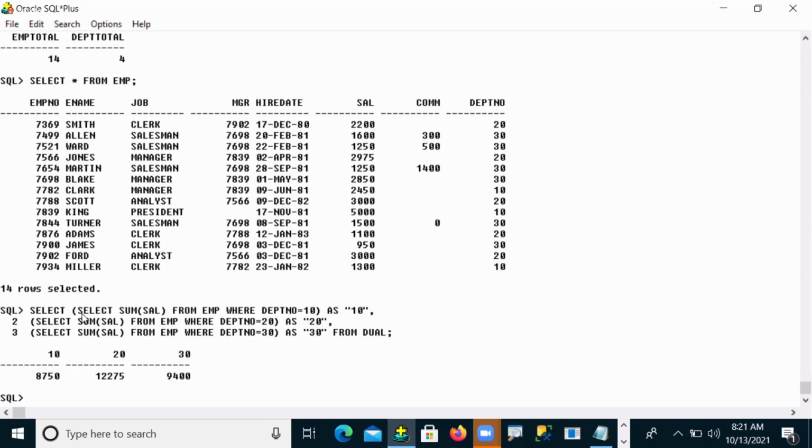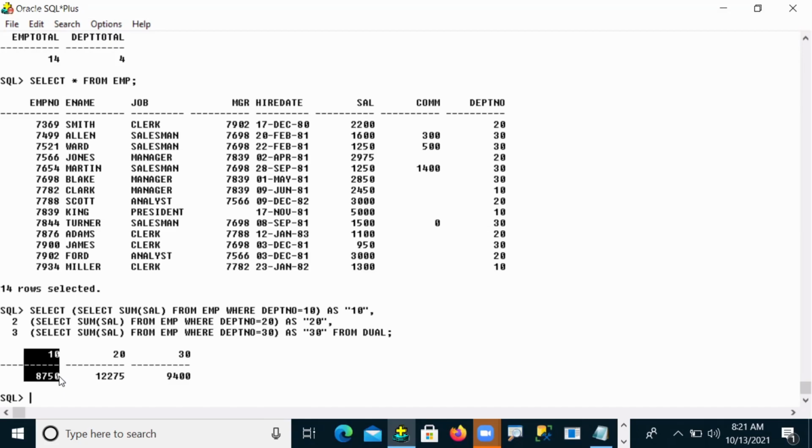So my scalar subquery result where department number 10 is equal to 8750. The 10th department is row data. The row data I was showing as a column.